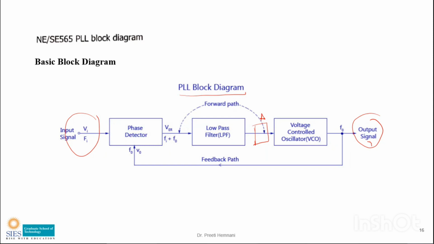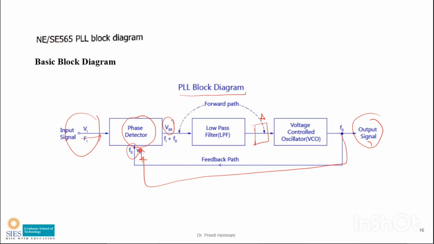Now individually, you know what the phase detector is doing. You can see here, the phase detector will subtract this input and output. It compares the input and the output frequency and the phase. It gives the output, which is called the error signal. The two inputs to a phase detector are the input voltage Vs, that is Vi at the frequency Fi, and the VCO output, the voltage is V0 and the frequency is F0.